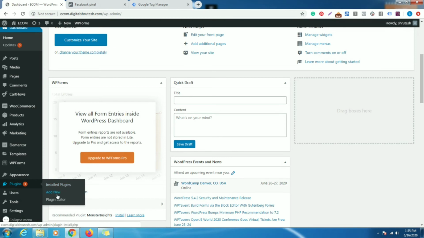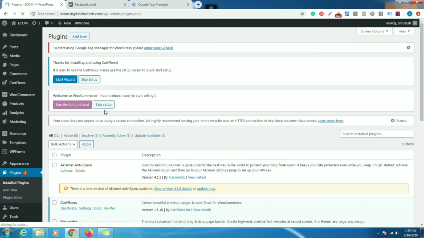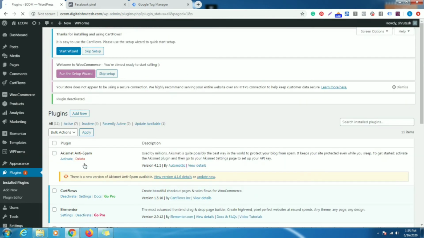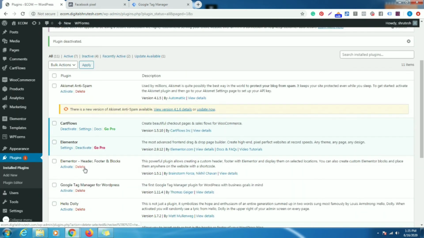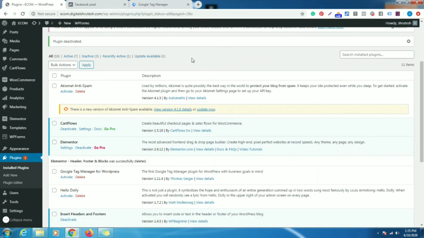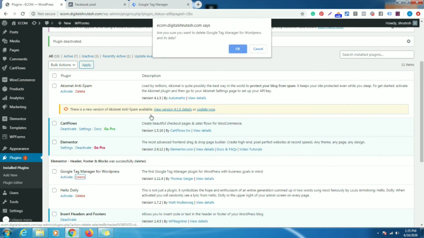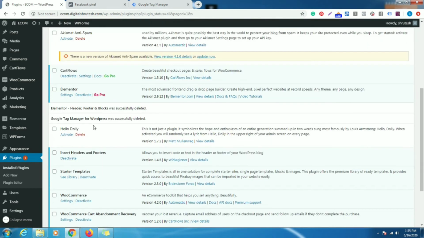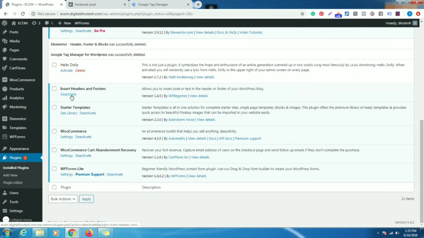In the installed plugins, I am going to deactivate Google Tag Manager, then Header and Footer deactivated. Google Tag Manager, delete. Now the Insert Headers and Footers plugin is also deactivated.